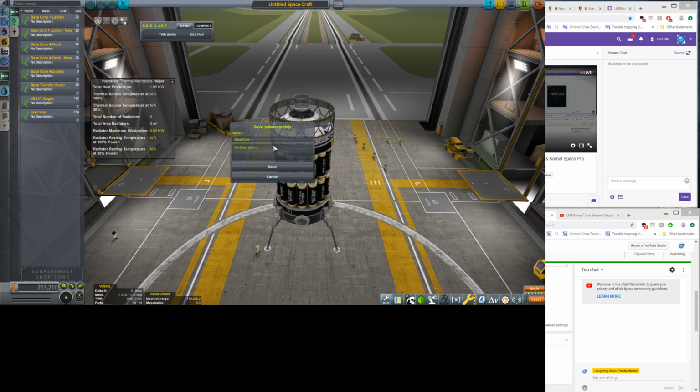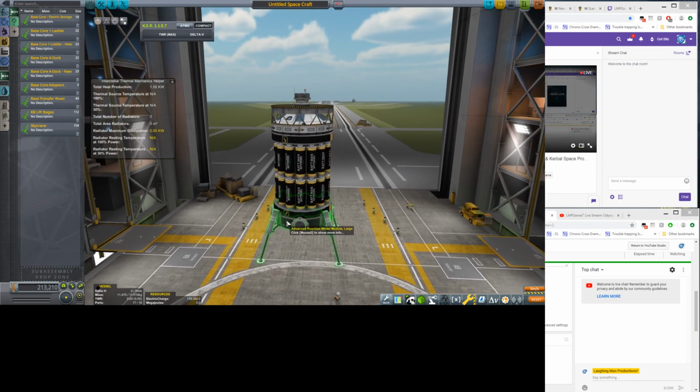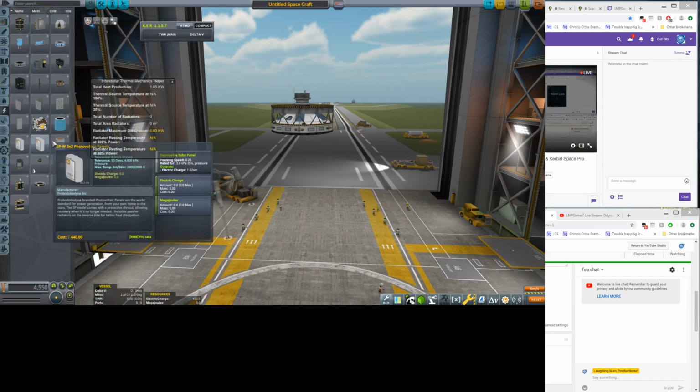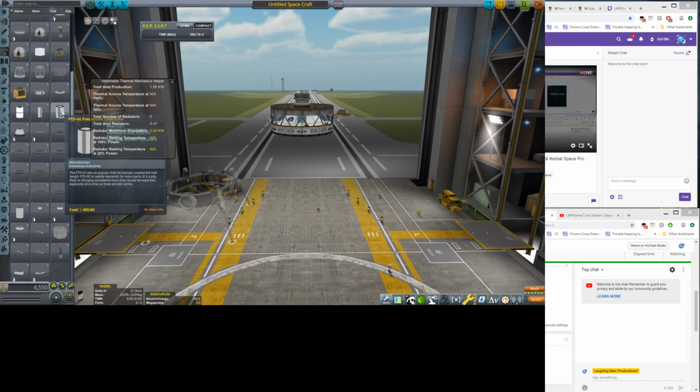We'll say electric storage. Okay, let's pull this one off again. Pull this off. And this one's going to be our